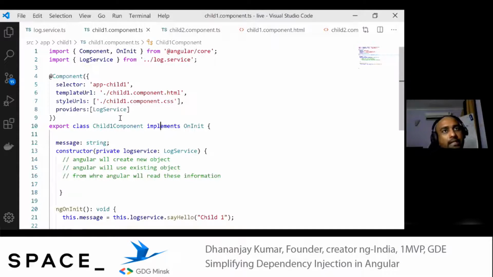But you can assume that if you have provided it here, then for this component and all its child components, the object created using this provider would be used. So here we saw that even if it says it's a singleton service, actually it's not a singleton service if you configure it, and here you saw that two objects got created.